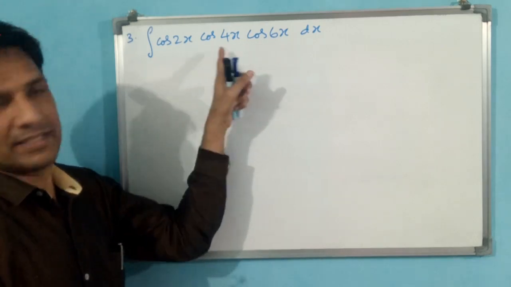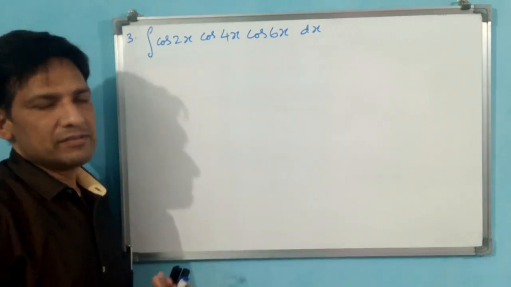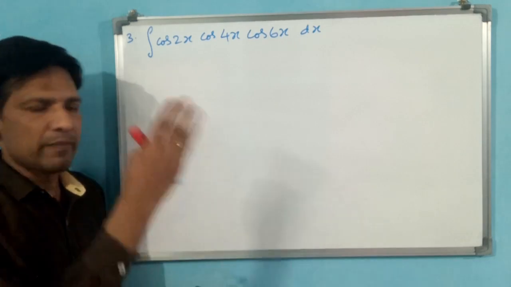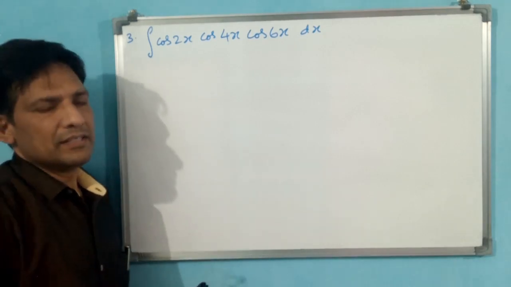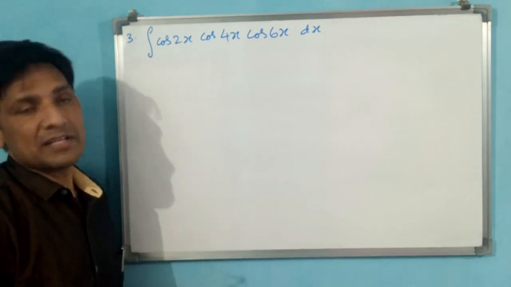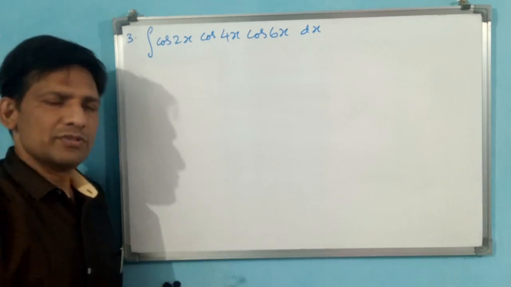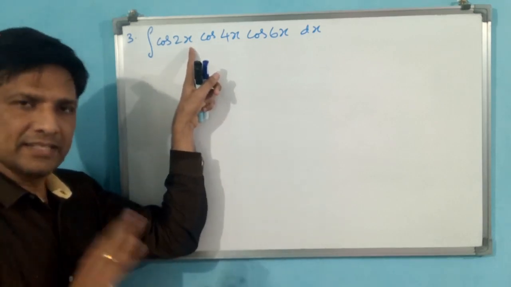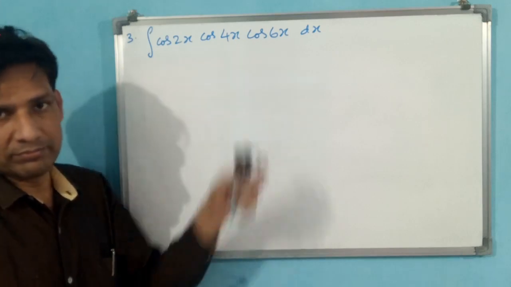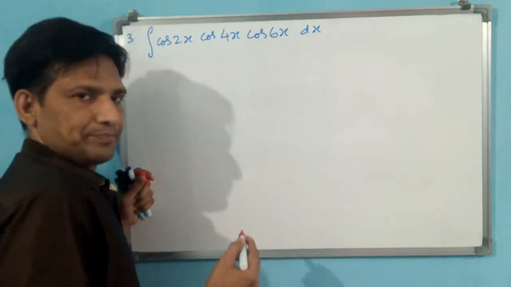Here only two are not there, cos a cos b, or 2 cos a cos b, like that we can take 1 by 2, we can shift to that side and do. But here another one is there. How can you do? Simple, you keep 2x like this only, but you first convert these two. Okay, now you see what I am writing.